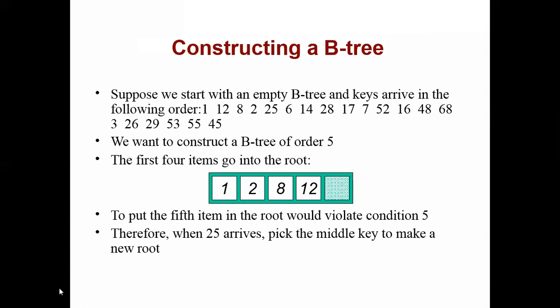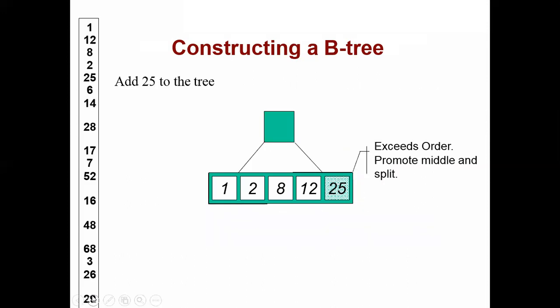Okay, so just concentrate on this part. We'll focus on the next part. Just concentrate. We are adding 25 to the tree. So just see here in this example. Okay, what happens here? Adding 25 exceeds the order 5, it did not maintain it. So इसमें क्या होगा, जो मिडल वाला जो नोड है वो क्या बन जाता है,